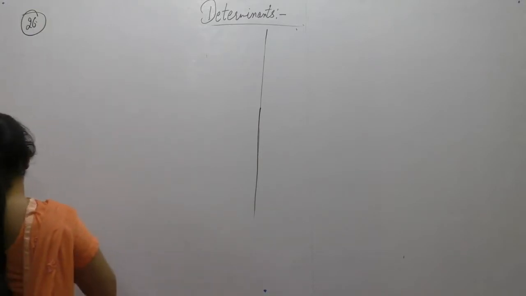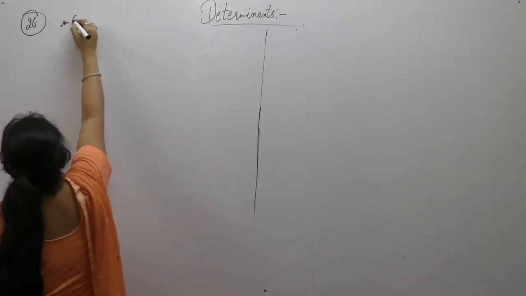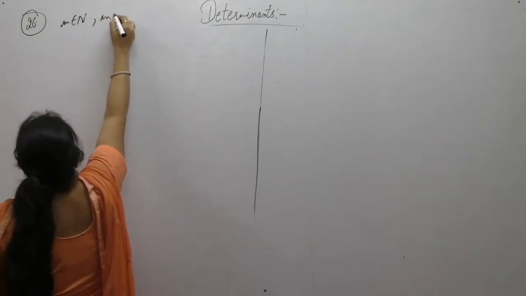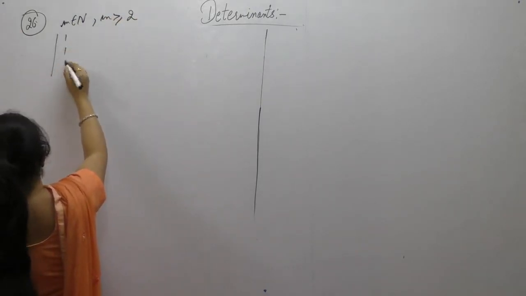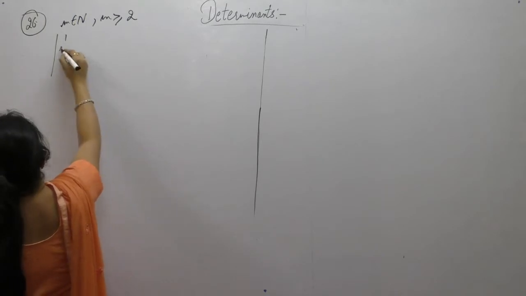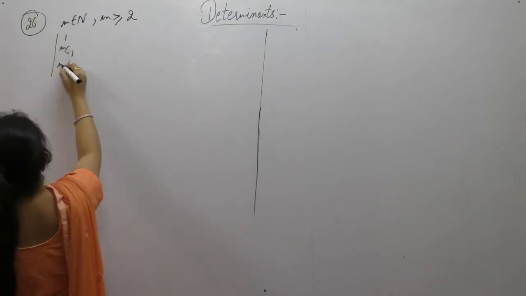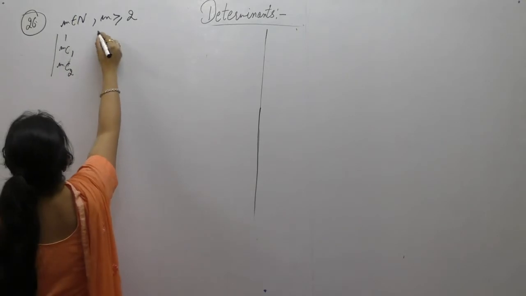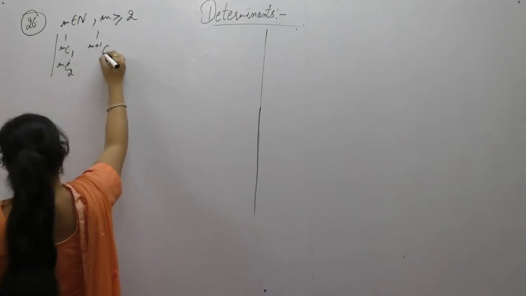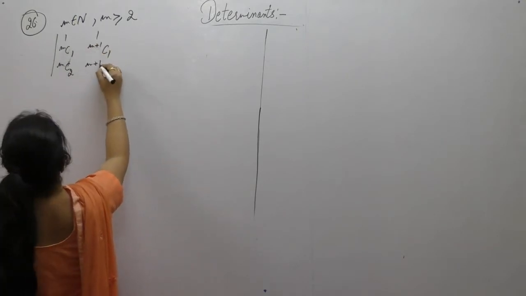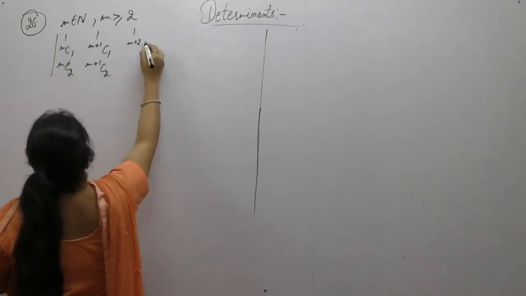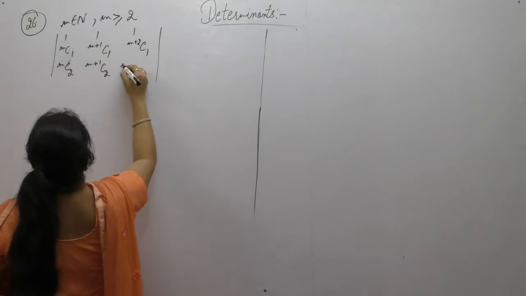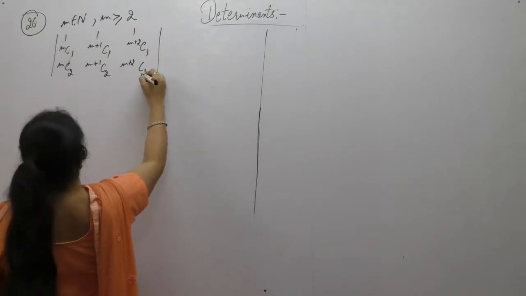If m belongs to natural number and m is greater than or equal to 2, prove that the determinant 1, mC1, mC2, 1, m plus 1 C1, m plus 1 C2, 1, m plus 2 C1, m plus 2 C2